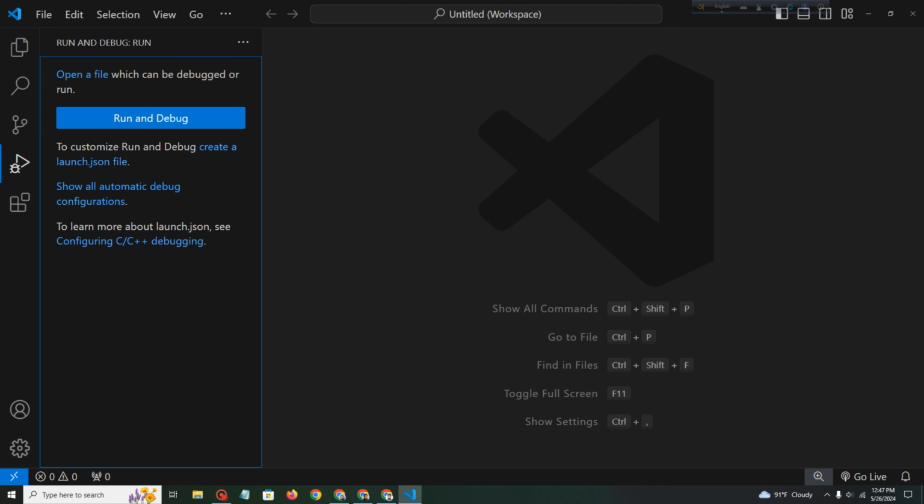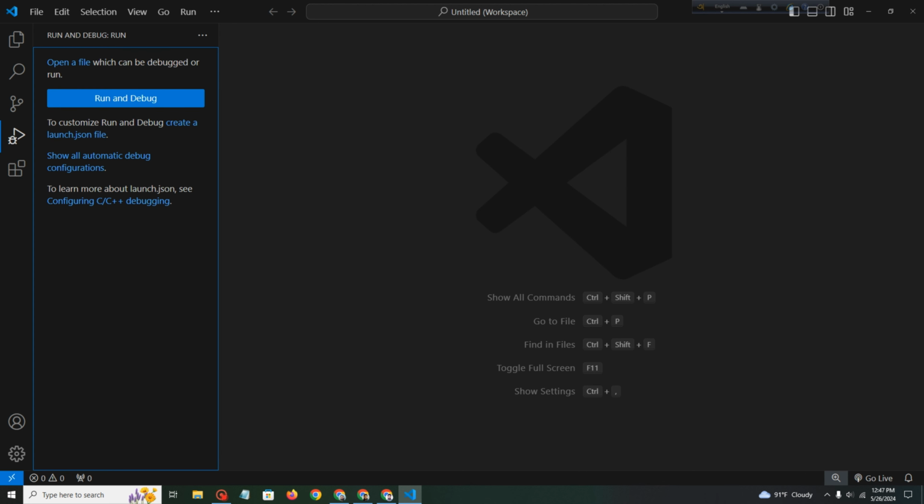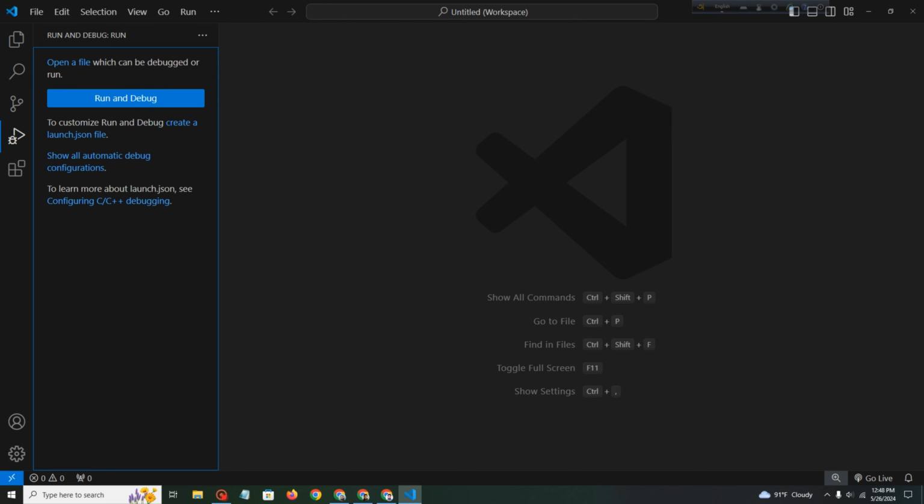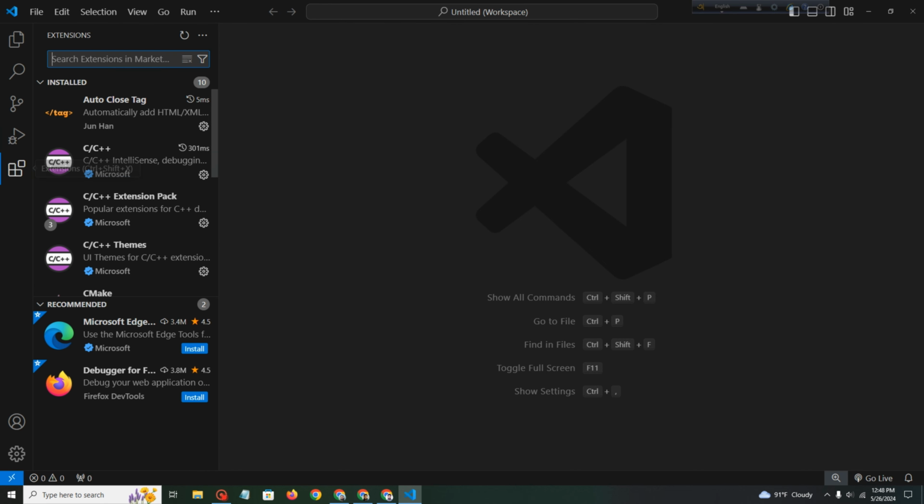Then it's Run and Debug. When we write some code and run some applications, we can debug from here. Then our next option is